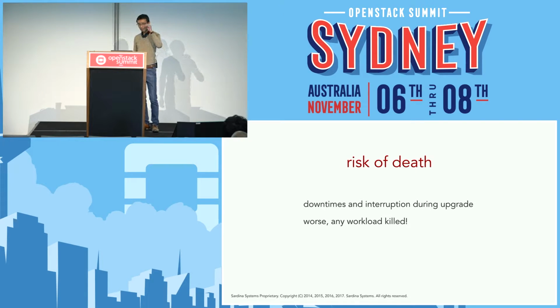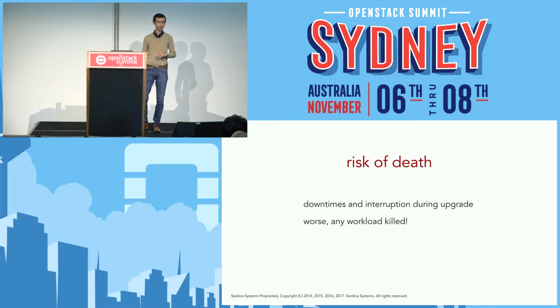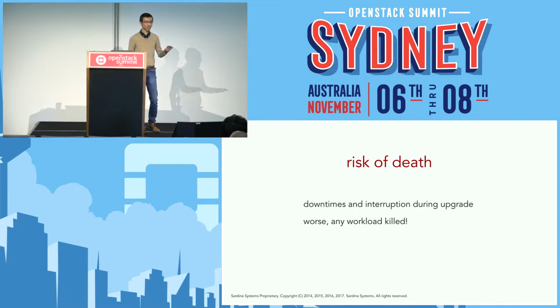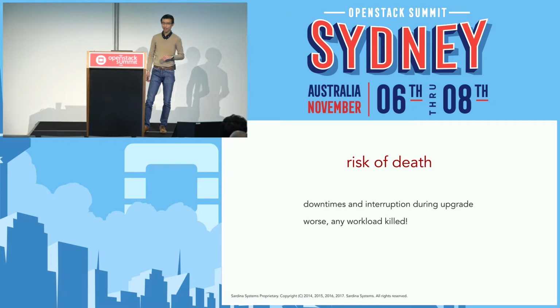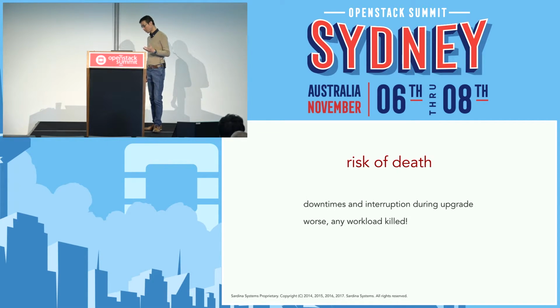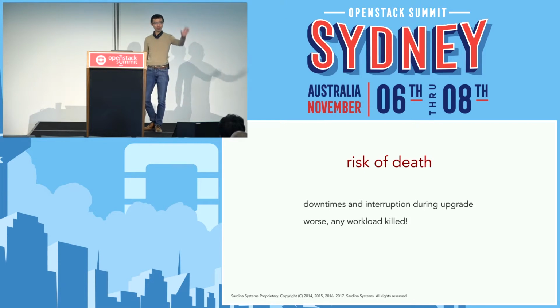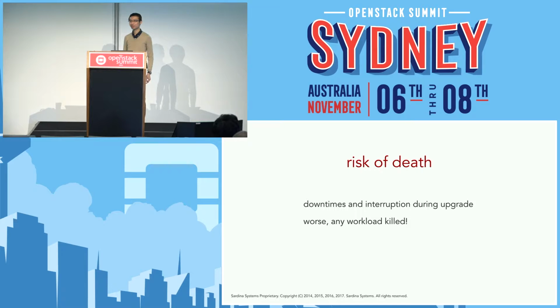I was talking to a relatively prominent research site, which shall remain nameless. When they talked about upgrade, they said, well, we currently have one cluster. For upgrade purposes, we're going to stand up a second cluster, kill all the VMs on the first cluster, and tell the users to start the VMs on the second cluster. Sounds like a joke, yeah? Except it's reality. And this is supposedly smart kids.